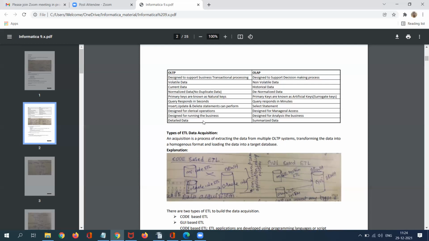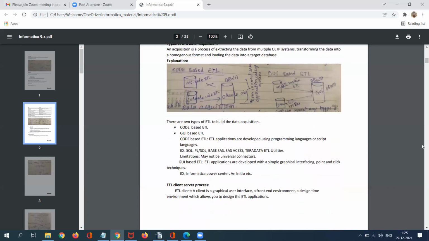In OLTP, at the front-end environment, we capture the complete information which is available. But the same information may not be loaded into your OLAP. Whatever data I need, those parameters I load into my OLAP database, which is called summarized information. This is about OLTP and OLAP.